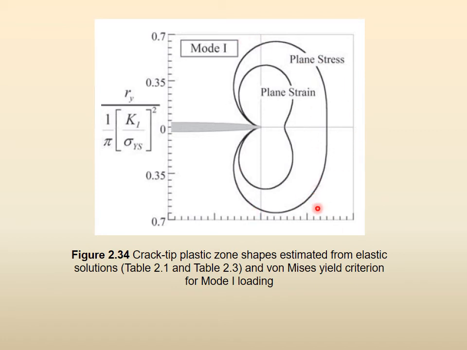Again, if you use the equation, it is a nonlinear equation. So in the simple case of Irwin, it will be circular. In the other case, it will be sort of elliptical, and we will see that this is the kidney shape, right? The kidney shape above and below the crack tip.